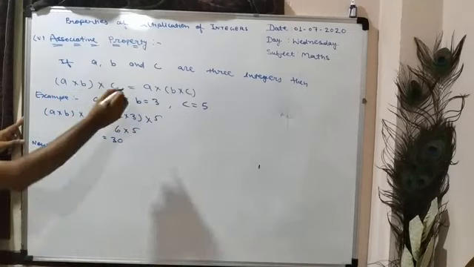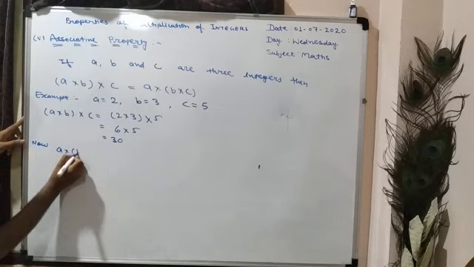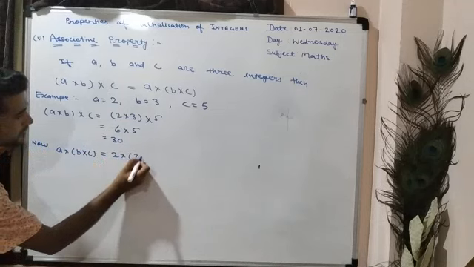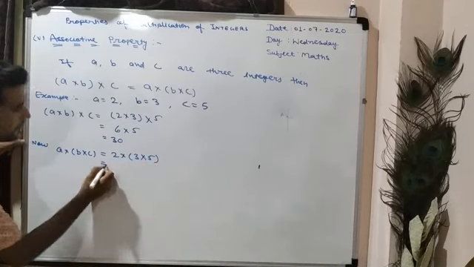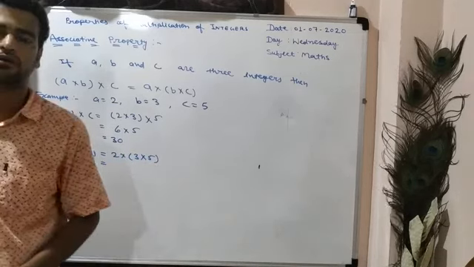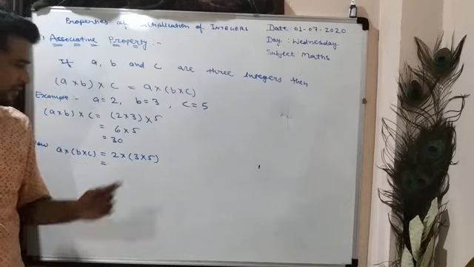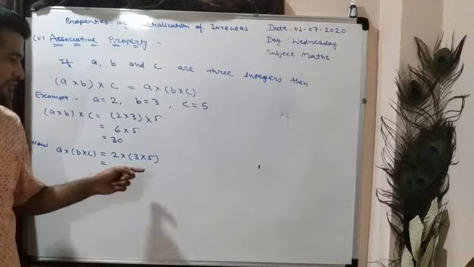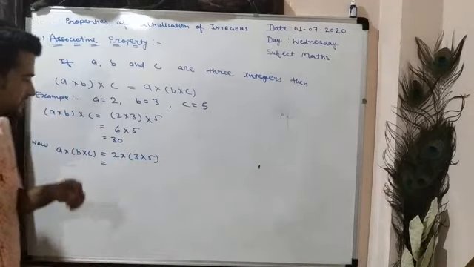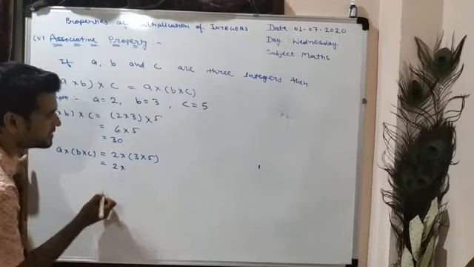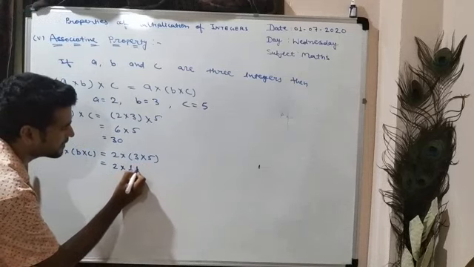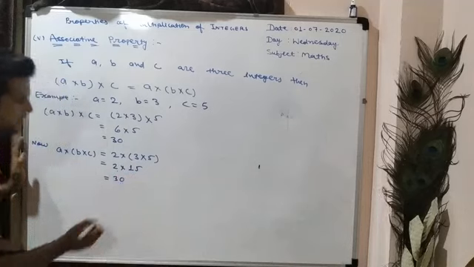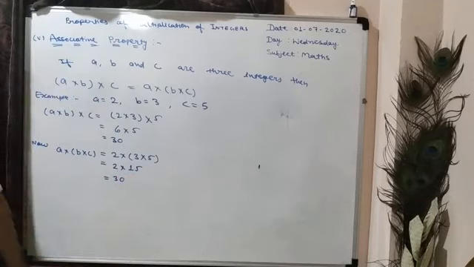Now we will find the value of a into bracket of b into c. So 2 into 3 into 5. Whenever we have bracket, first we will solve bracket. So here we have 3 into 5 in bracket. So we will multiply 3 and 5 first. So 2 we will write as it is. 3 5s are 15. And 2 into 15, 15 2s are 30. We are getting same result here.